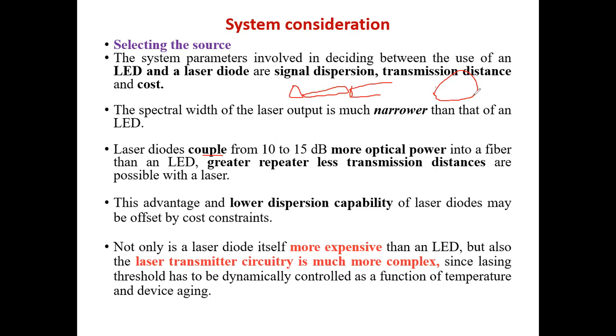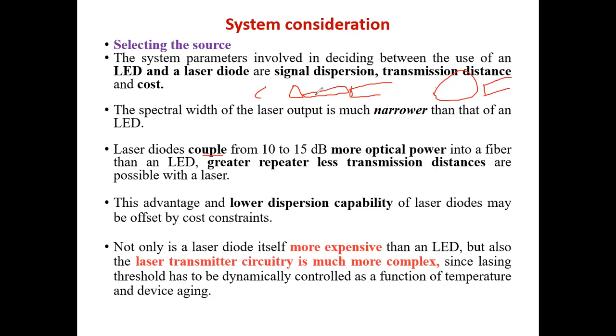So with this emission pattern of an LED, and here is my fiber, you can see that not all the light generated by the LED can be coupled into the fiber. It has the directivity of this beam. So this is coherent and this is a non-coherent LED. Okay, so you have studied about coherent and non-coherent emission patterns.